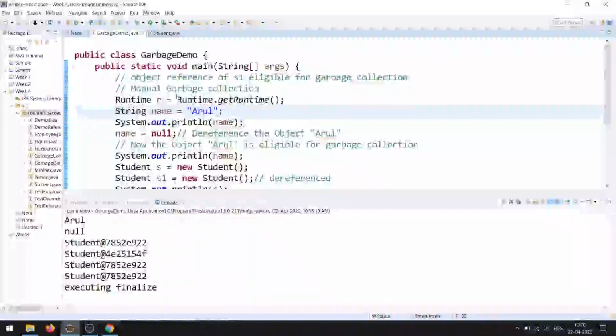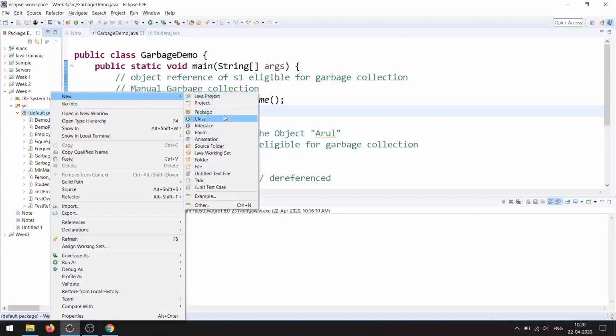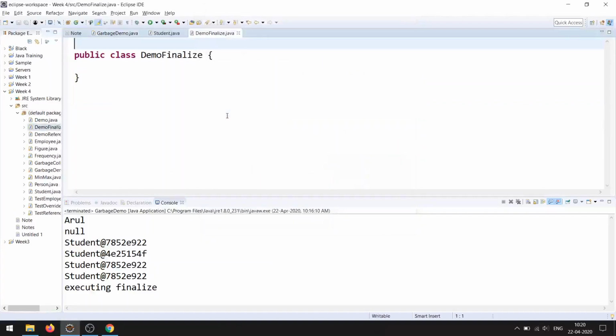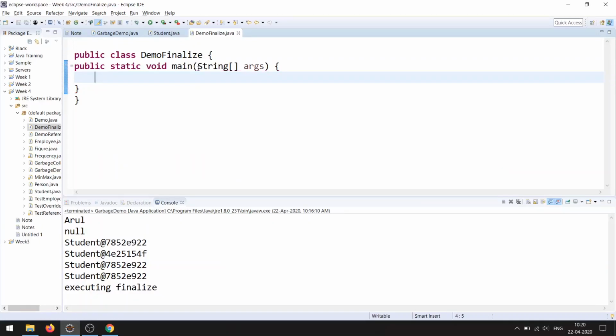Okay, now we'll see the example code for working with the finalize method. I'm going to create a separate class to represent the finalize method's functionality. I'm going to create a separate class FinalizeMethod, and I'm going to have a main, and here I would like to create an object for the student class.